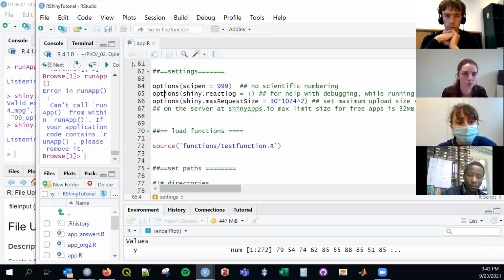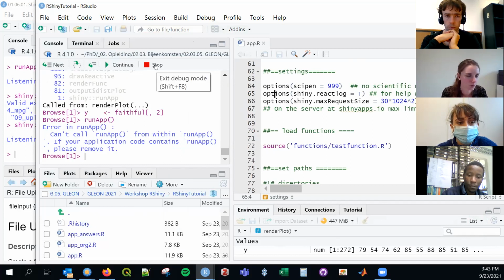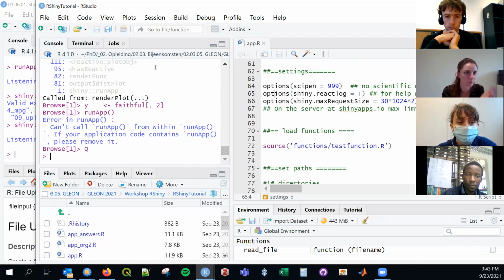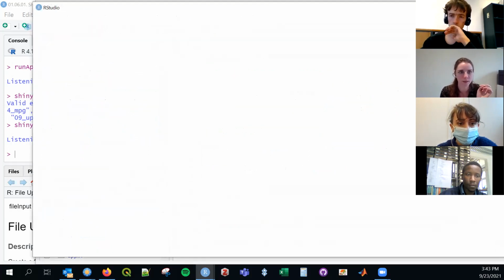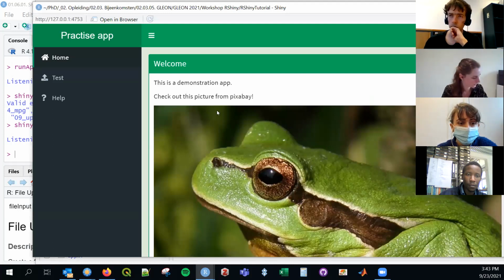Oh, but I'm still in debugging mode. Whenever you're debugging and you've entered the app in this sort of temporary moment where the data of that moment is available, you're in debug mode and you need to stop that consciously if you want to go back to your real app. So I stopped that. Now I'm running the app again. And I think now if I press Control F3,